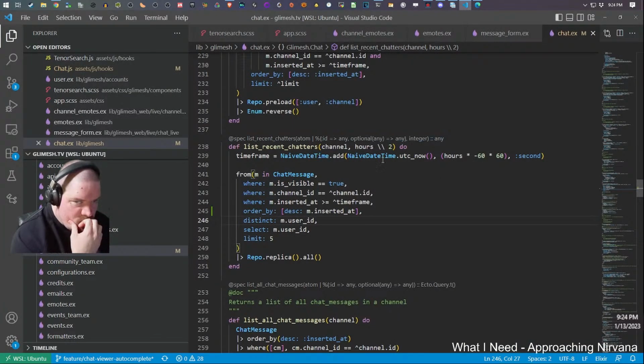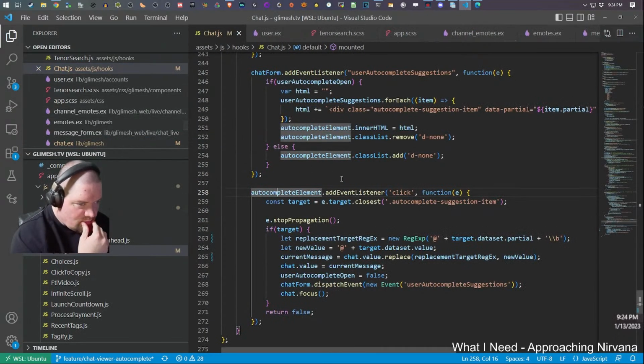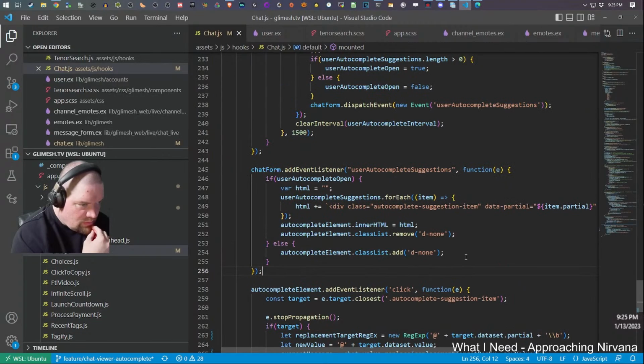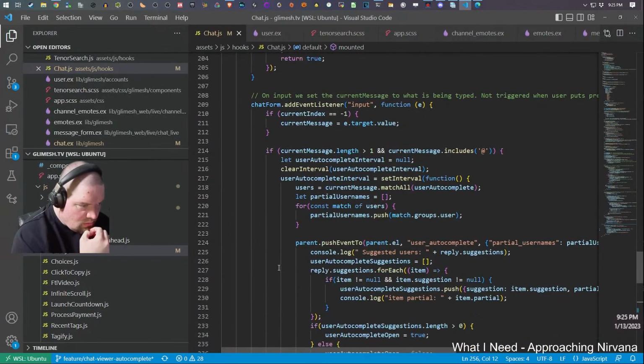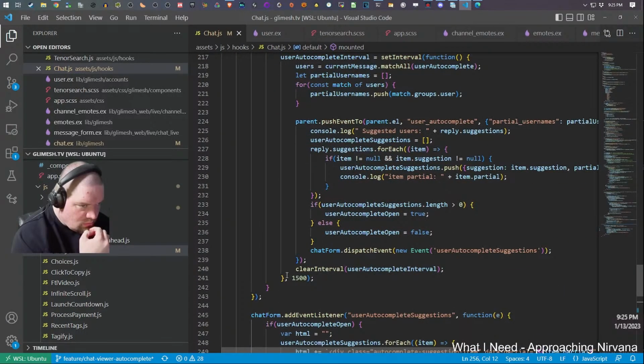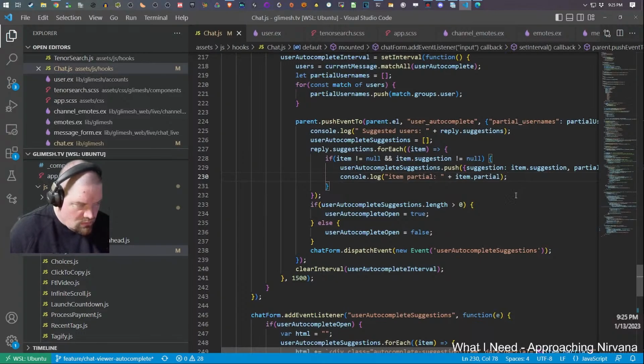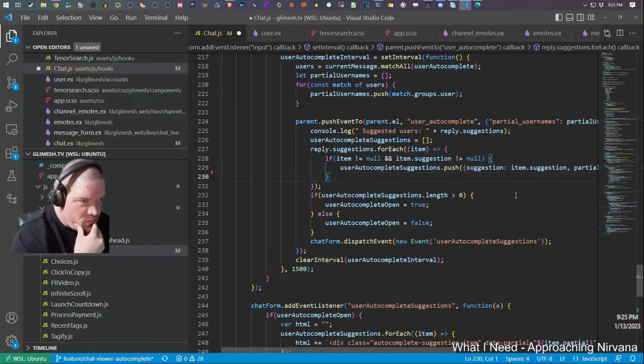So can add chat.js here. The first thing I want to do. So where do I build the HTML? My suggestions for each. Blah, blah. Okay, I can get rid of the console log there.